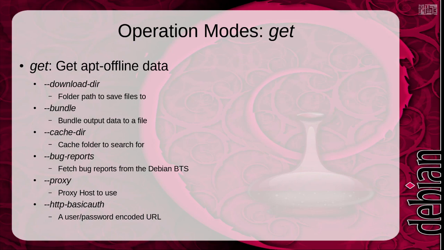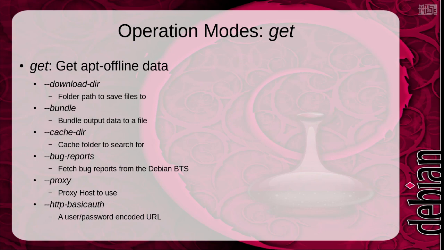There's also the cache dir option, which basically is about if you already have a machine which may have a large number of packages pre-downloaded, so in that case you can pass the cache dir option with a directory, and APT Offline will look at the directory to see if the package that it intends to download is already available in the cache, and do some validation to see if the package is intact, and if it is, it would skip the download.